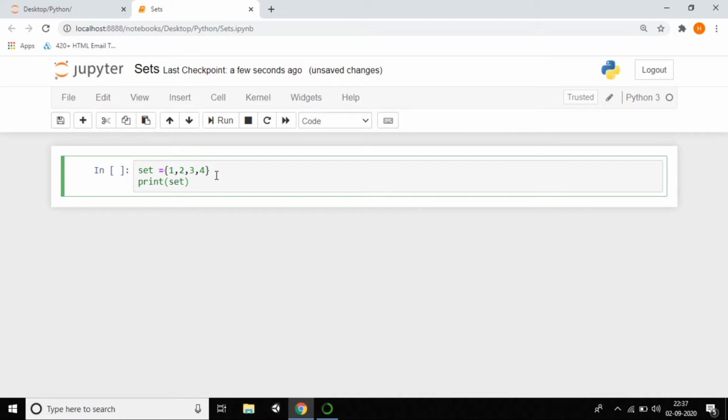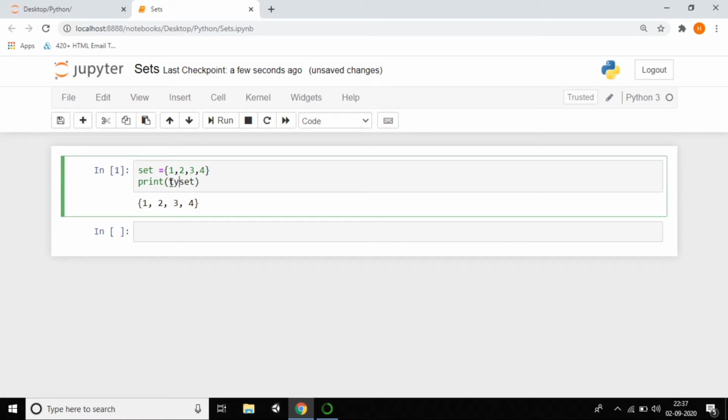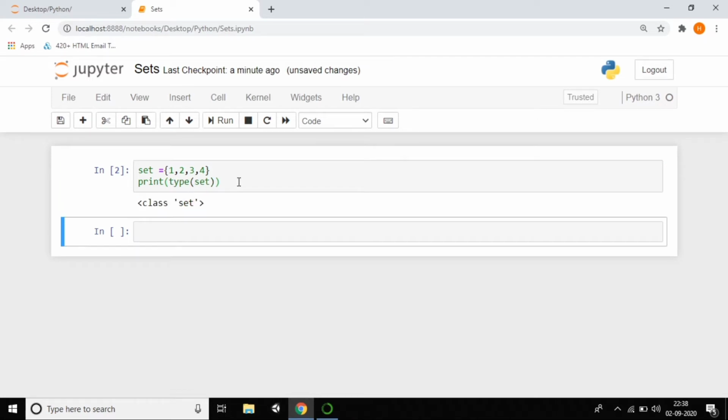Also, a dictionary is indexed and we can change the data. But a set is mainly unindexed. Let's print it and see the output. It's 1 2 3 4. But I want to know the type of the set, because I'm not trusting anyone. You said the dictionary and set are totally different, but I want to check which type it is. Of course it is a set, so I think it was very clear about set.